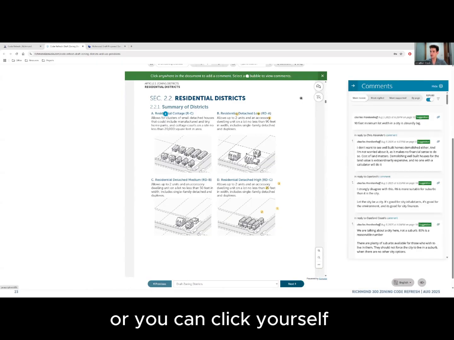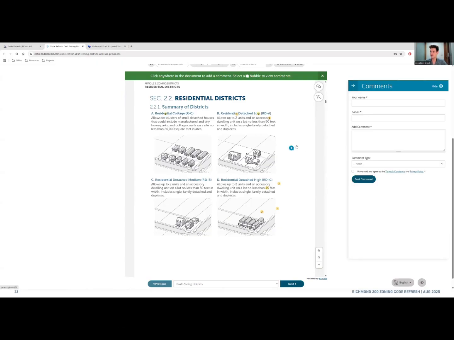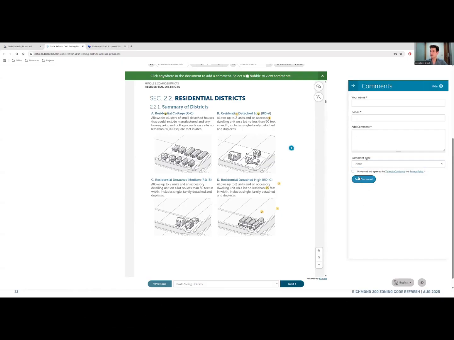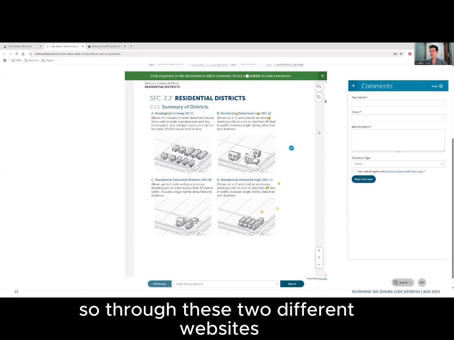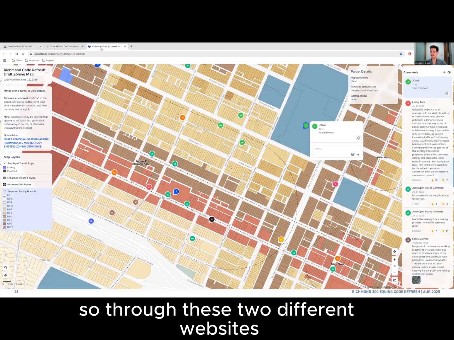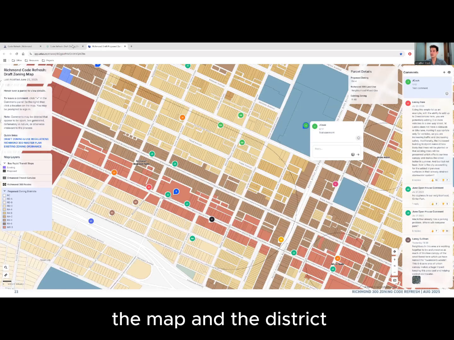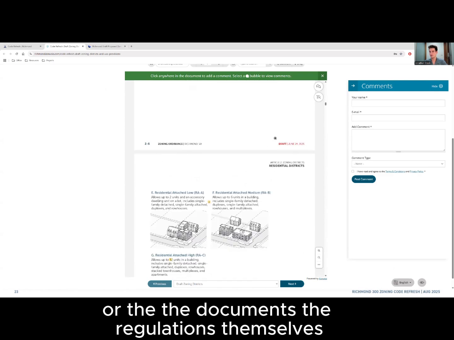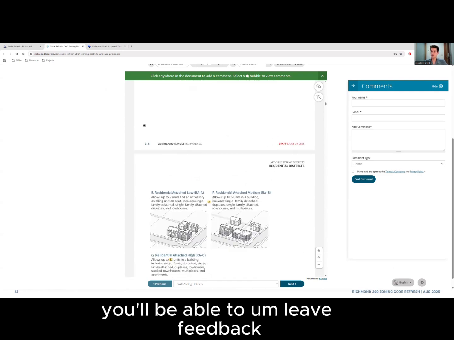Or you can click yourself, type your name, email, comment. You can categorize it if you'd like, and also post a comment. So through these two different websites, the map and the district, or the documents, the regulations themselves, you'll be able